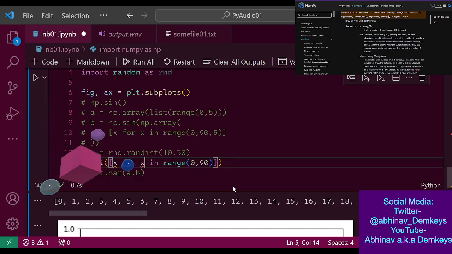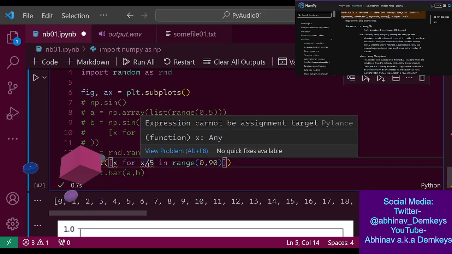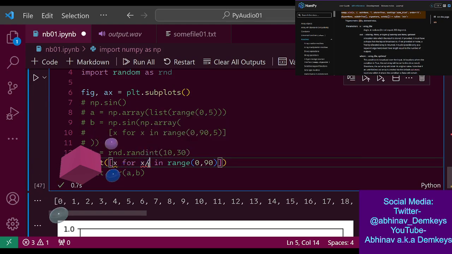No, I can't do it here, can I? I can do it here, but I can't do it there. Okay. What error does it say? I'm just curious. Expression cannot be assignment target. Okay.